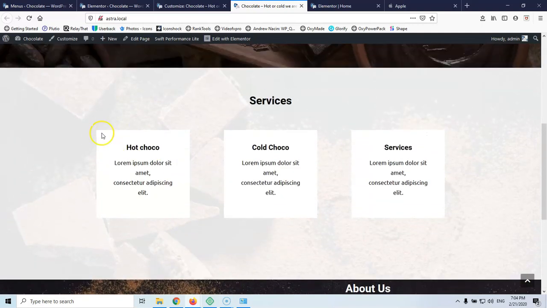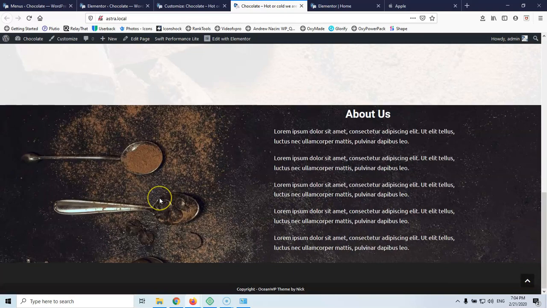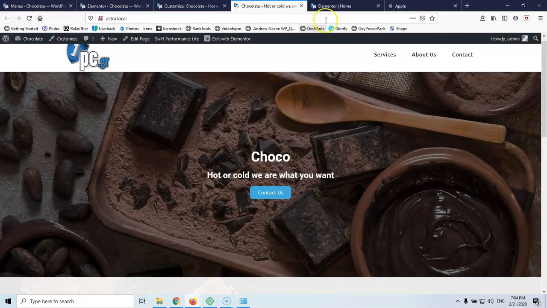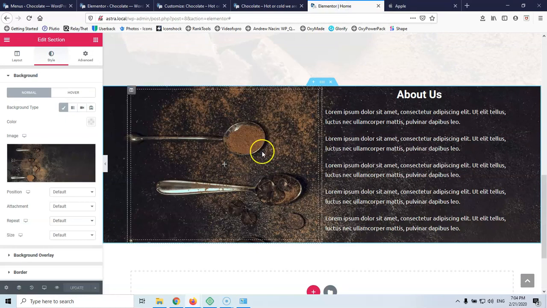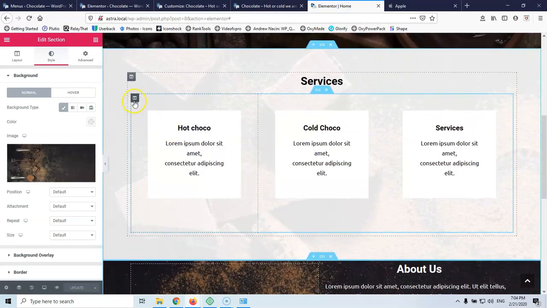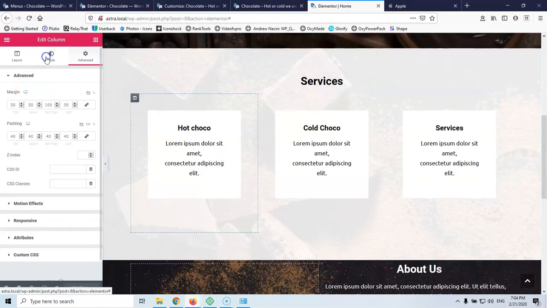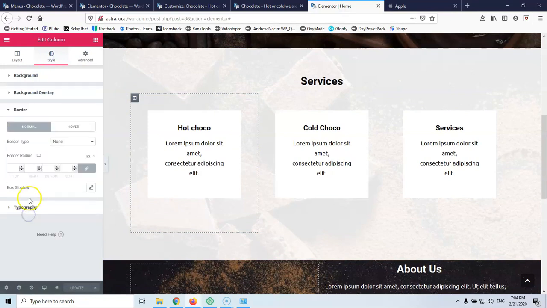And also I want to give this a little border radius, and maybe a text shadow, box shadow, sorry, so it will separate a little bit from the background. So let's do all of that. Let's go in here. I'm going to give here the border radius of 20, yeah, something like that. And then